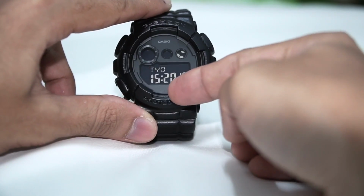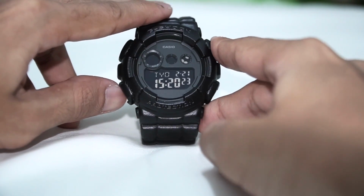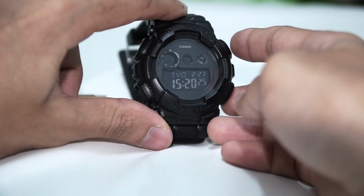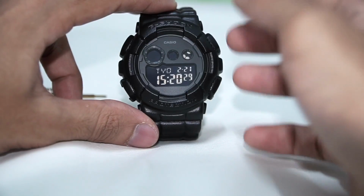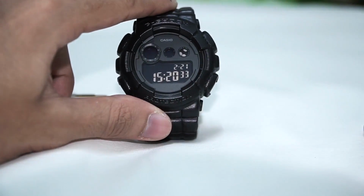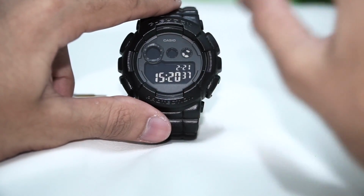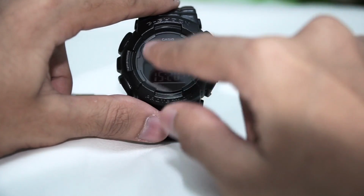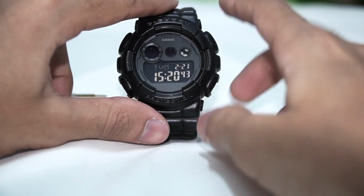If you turn this thing on, it will add an hour to the Tokyo time right now. And next, you could set the city time for this watch in here. So right now it's Tokyo time. And by the way guys, this will affect the other world time. So if you set your Tokyo time to 1520, it will affect the other world time after this. So make sure this part is accurate, the city time and also the time associated with that city, which is